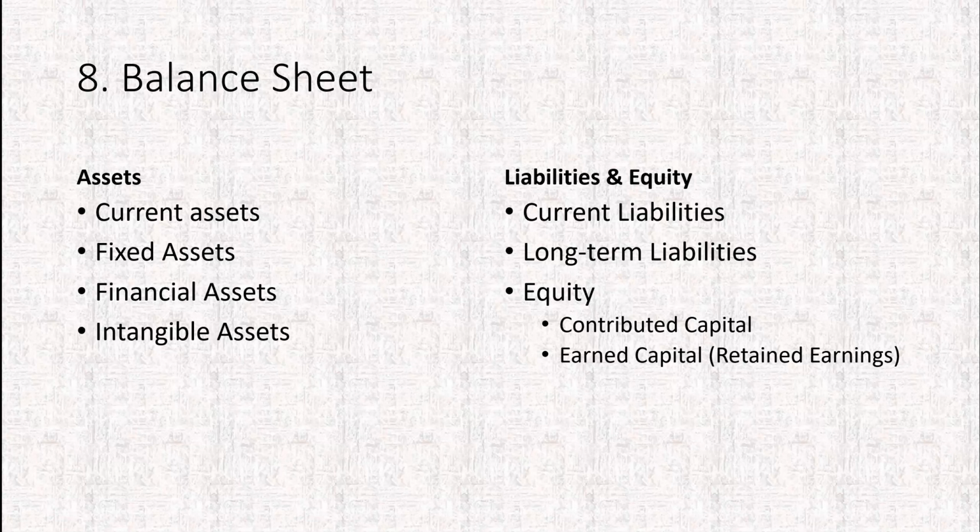Then, of course, we move over to liabilities and equity. And under liabilities, we've got our current liabilities, which is all of our payables. Everything that we owe to everybody that's within the current period, within a year. And so we have our accounts payable that we owe to our vendors. We might have salaries payable, wages payable, taxes payable, all kinds of different payables that are due in the current period. Then we have our long-term liabilities.